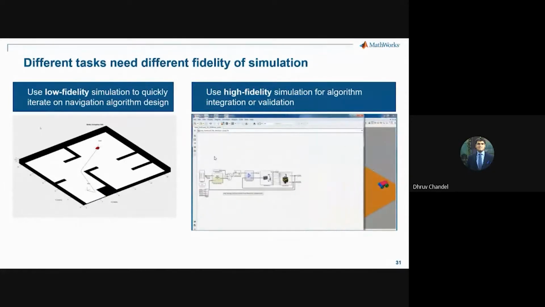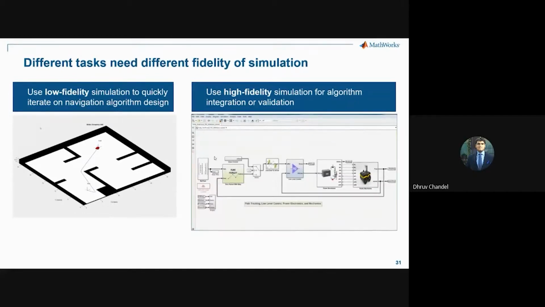High fidelity simulations, again, you would use Simulink with the Simscape advanced libraries, where you would have not only the controller, but also the design of the power electronics and the mechanical side of the circuit. And you would put all of that inside the same model. So this is going to run much slower because it's a very complex simulation model. It will be computationally heavier, but this will capture all the details of your robot. If you want to do things like torque control, or work with model predictive control, then you typically need a high fidelity simulation model.